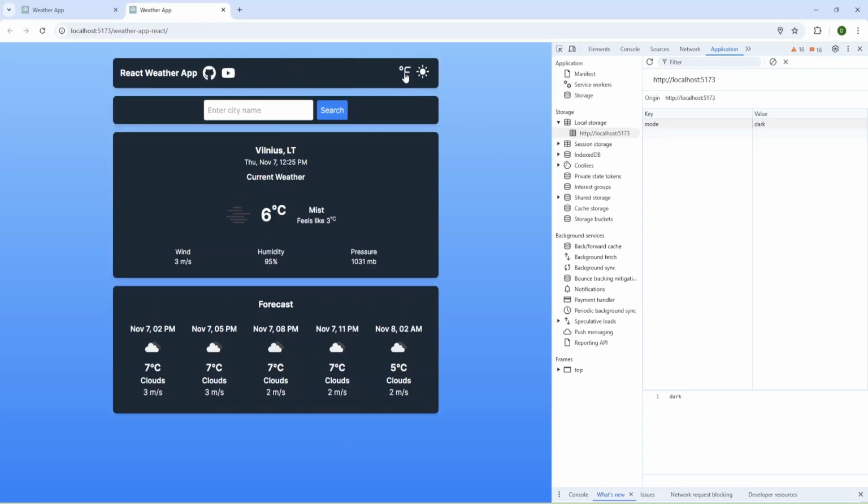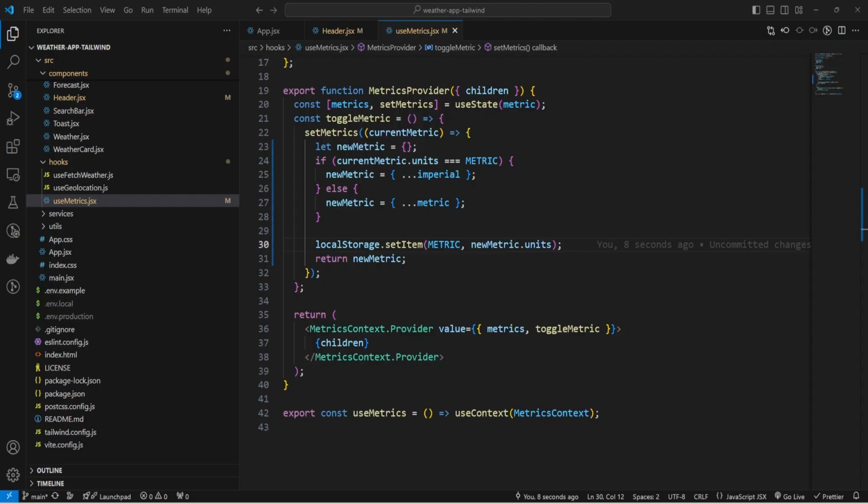I'm going to change units, and as you can see, we have metric imperial, and now I can change back, and we have metric, but we don't retrieve the metric, and let's change it.